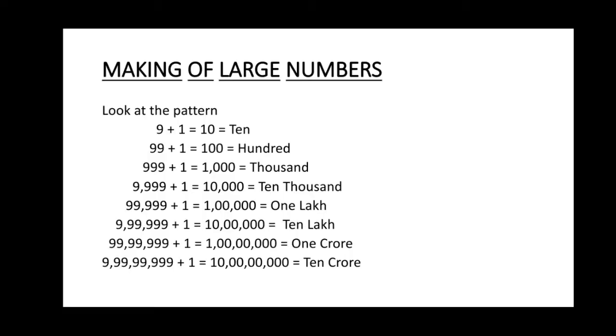So now, before understanding the making of larger numbers, we will deal with the topic that is the Indian system of numeration. We will just revise this topic, as we have learnt it in your previous class also. So now children, you can see on the screen how many periods the Indian system of numeration has. It has 4 periods. They are the ones period, thousands period, lakhs period and crores period.